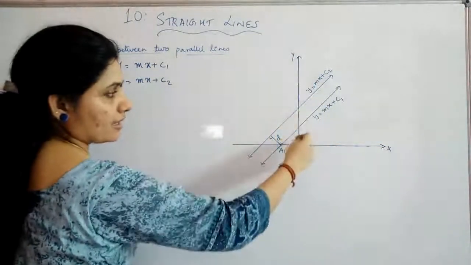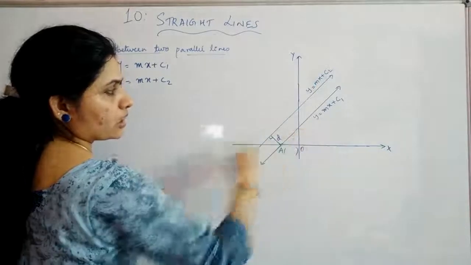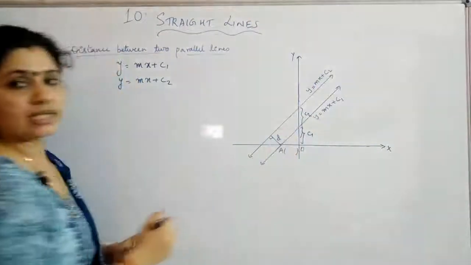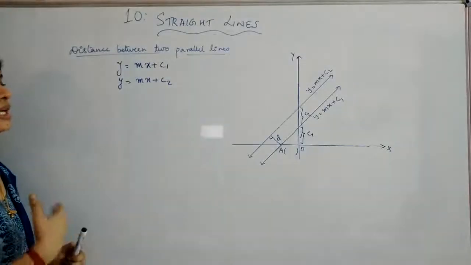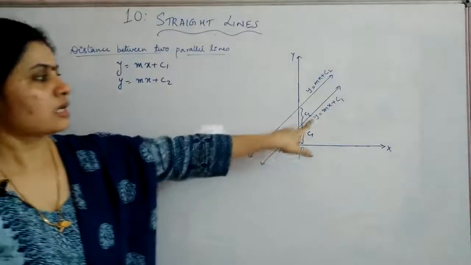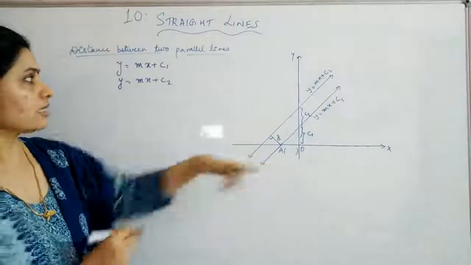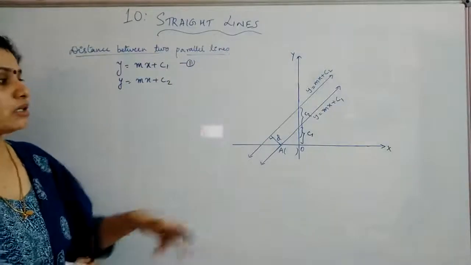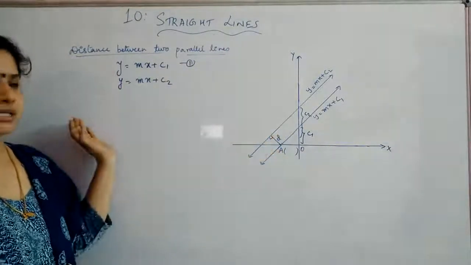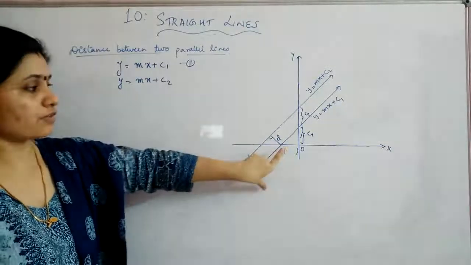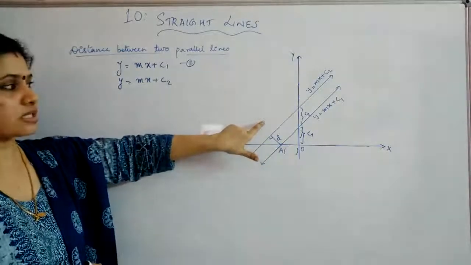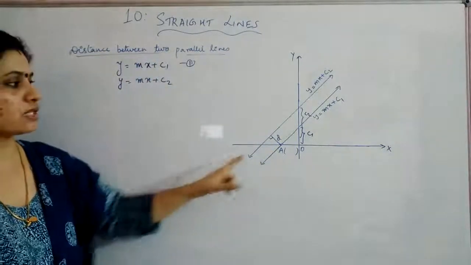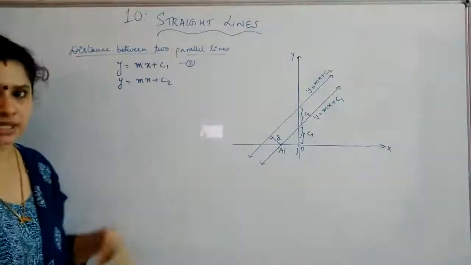Suppose these are the 2 parallel lines. This and this both are touching it here. The y-intercept for this line is C1 and the y-intercept for this line is C2. Okay, that is the only difference between the 2 lines. Now our purpose is to find out the point where the first line, that is this line, touches the x-axis. Why we are finding out? Because we will just go back to the other concept that when we know the point, one point, from that point we are taking the perpendicular distance to the second line, and that distance will give you the distance between the 2 parallel lines, because anywhere you can take the distance will be the same for parallel lines.